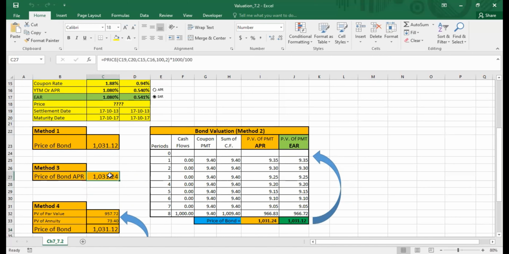You can change the values over here also, the rate value, and also over here you need to change the rate values. For example, this is present value D17. So this is now not D17, this is E17. Drag down all the values. So you can see now E17, when you click on APR, the value is changing. On EAR, the value is changing. In the schedule, we have a separate column of APR and EAR, so you might not need to do this thing over here.